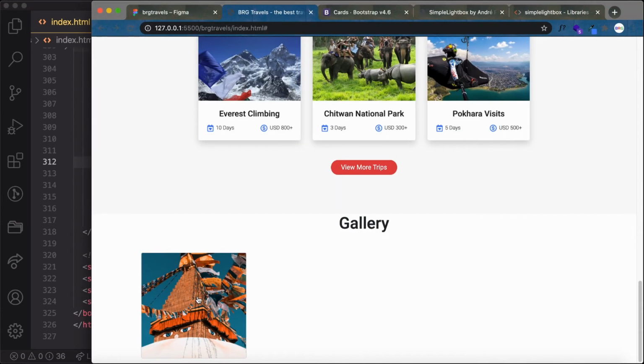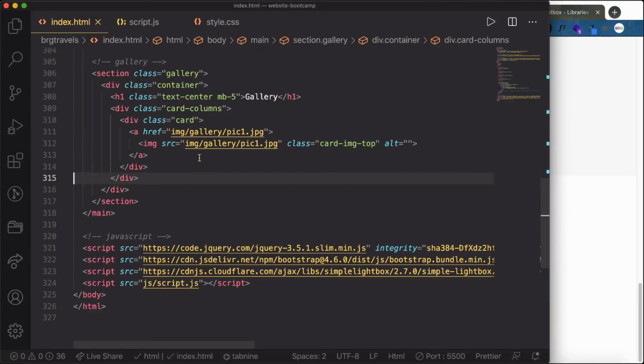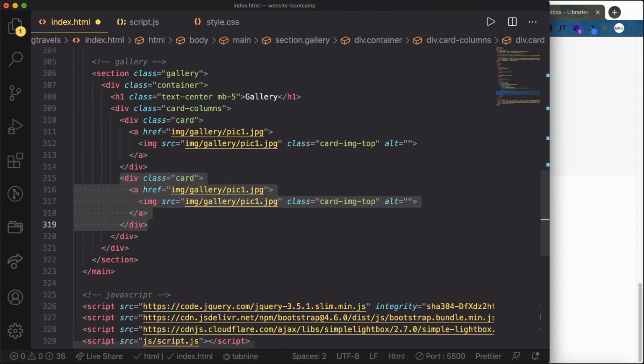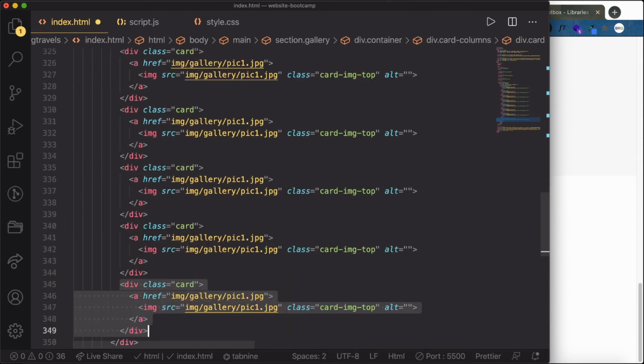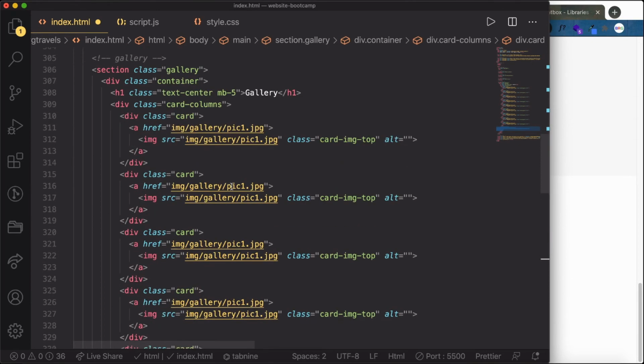Here we have got the pointer. Click on it. Perfect. Now let's add more images. I just selected the text, and using a shortcut Shift Alt down arrow 2 3 4 5 6 7 8 9 10 images. And then let's quickly rename it.